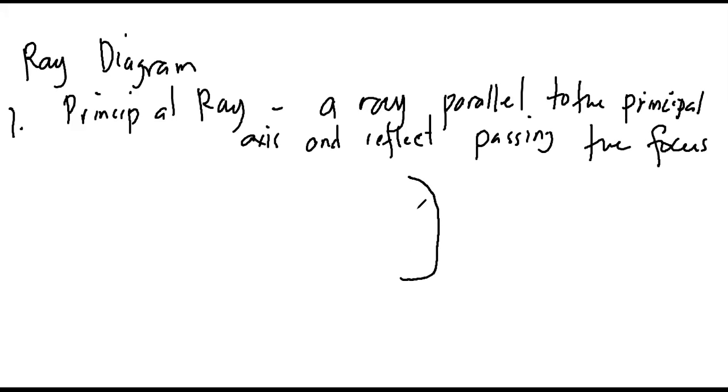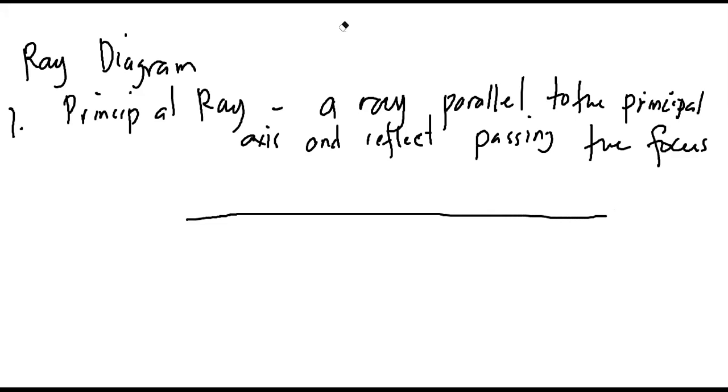All right. So for example, you will have your concave mirror here. In your own drawing, please draw it well and clearly. In my case, I am using the stylus, it's hard for me to draw here. So you are going to draw a concave mirror like this, and then of course, a principal line, a straight line. Use your ruler, okay, so that it will be easy for you to draw your image.